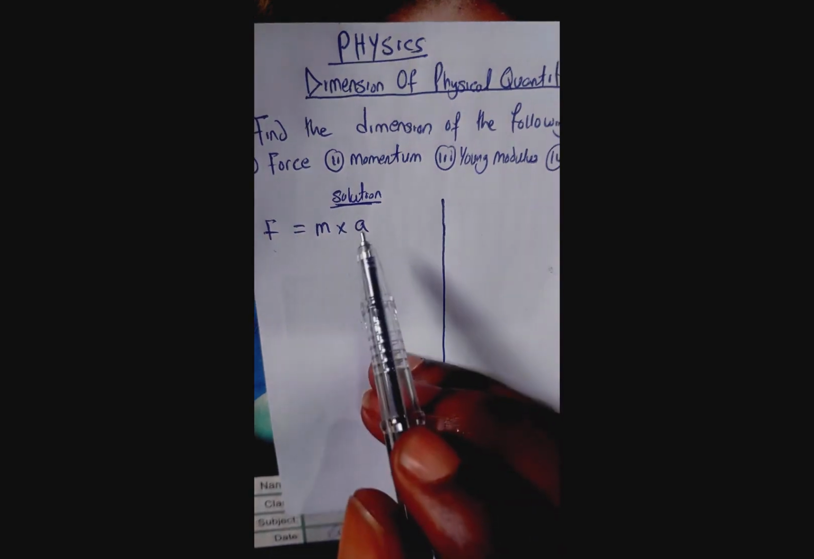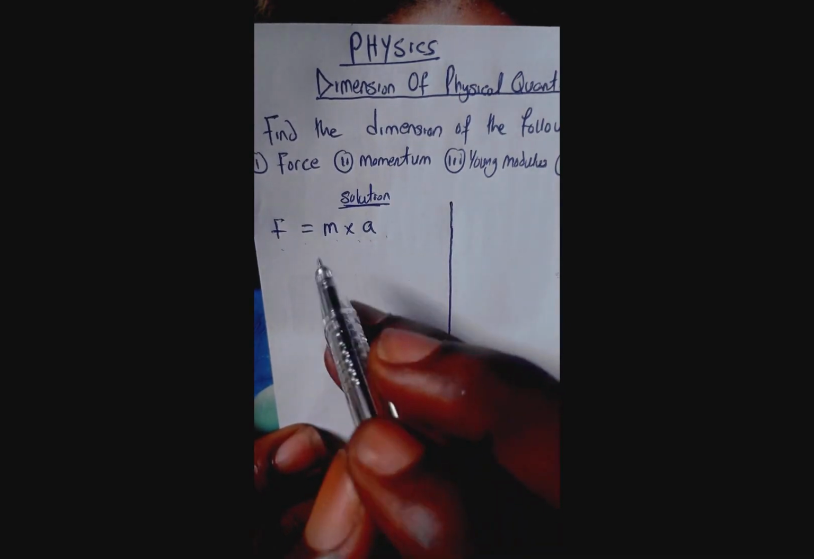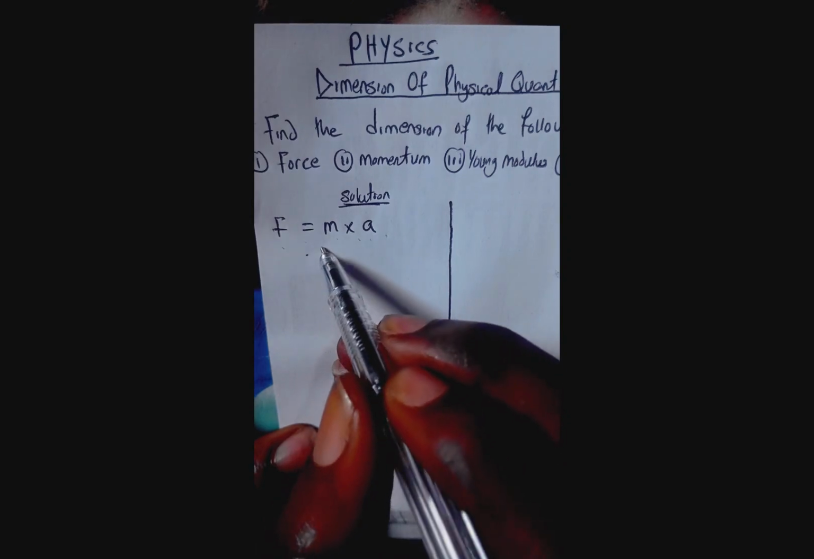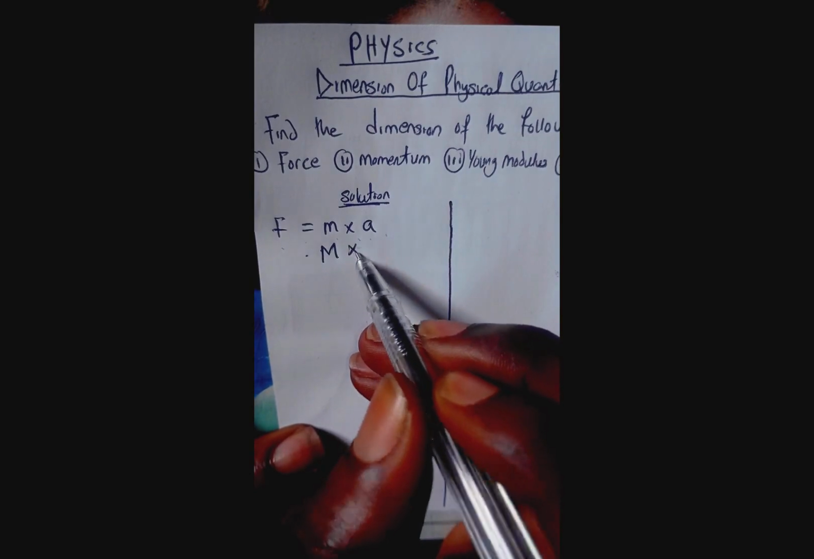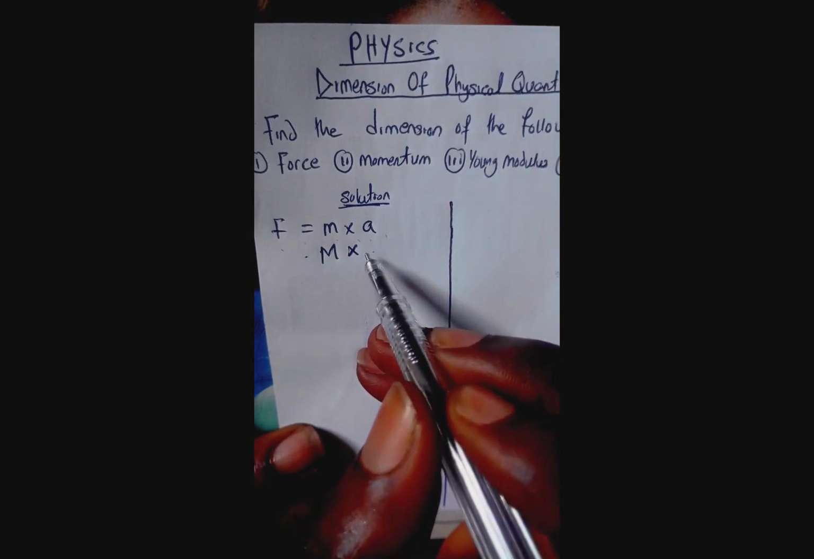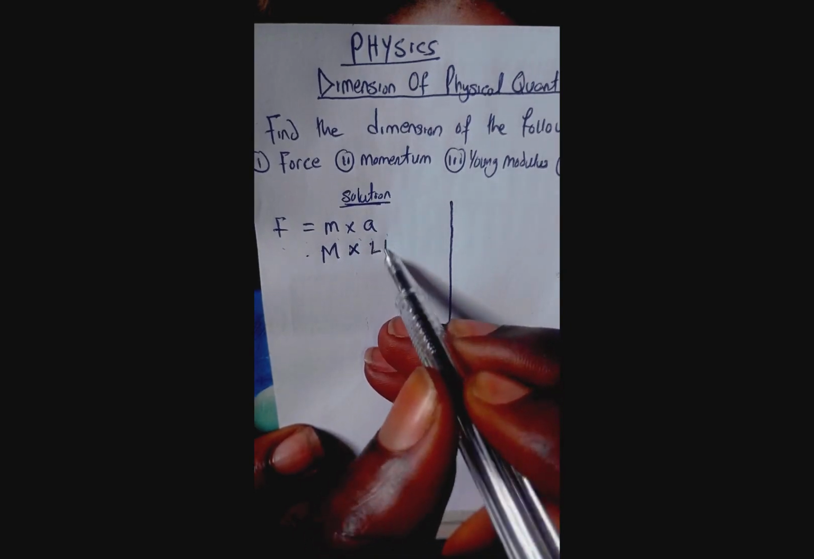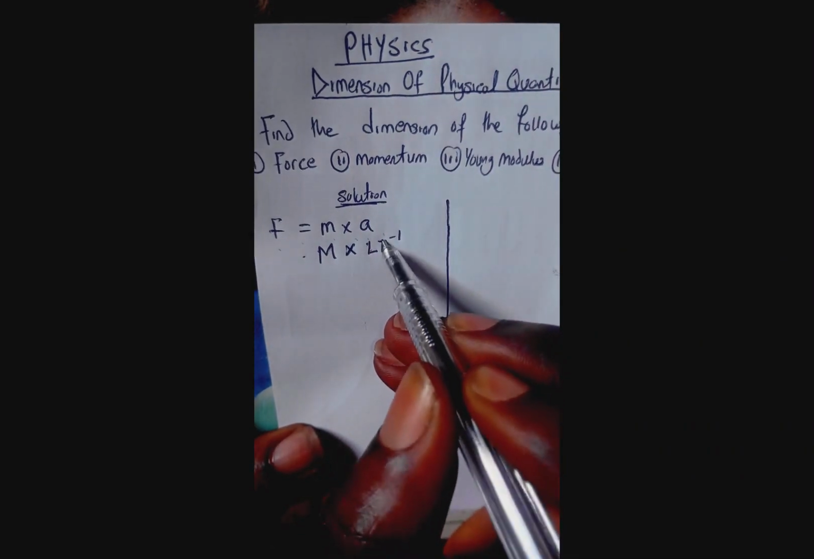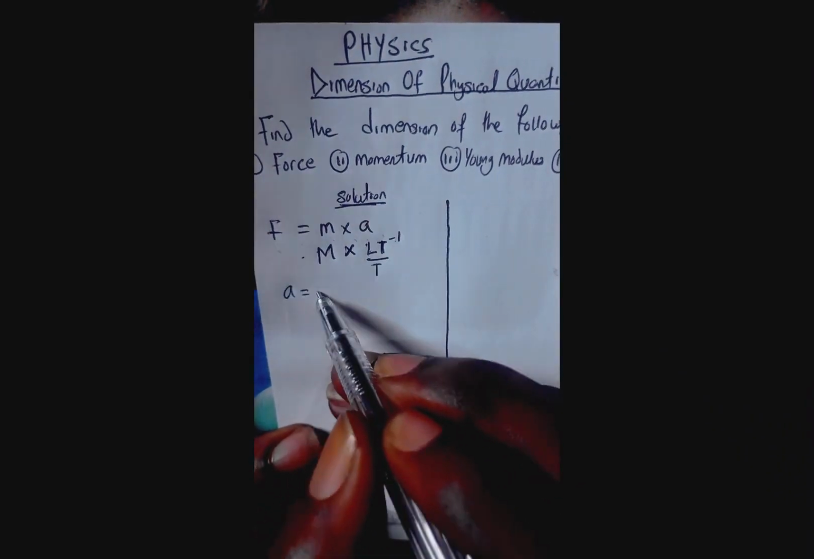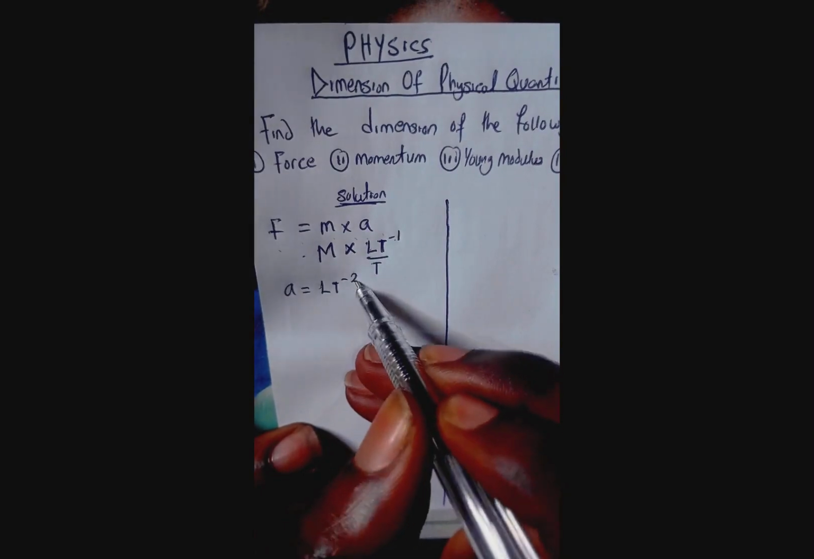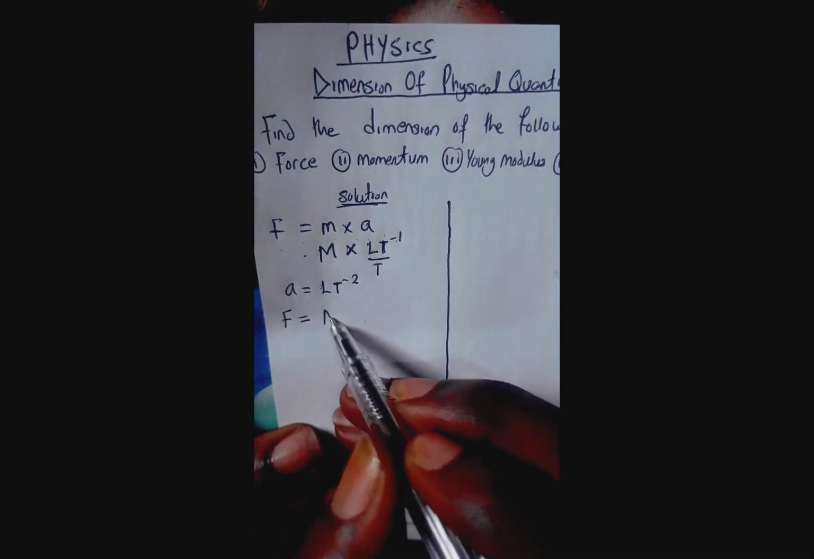Now looking at the first one, we have force, which is mass times acceleration. And don't forget, the dimension of mass is capital M, right? Now acceleration is the same thing as velocity over time, where the dimension of velocity is distance over time, which is LT^-1. Since acceleration is velocity over time, that means the dimension of acceleration is going to be LT^-2. So that means the dimension of force is now going to be M, that is the dimension of mass,